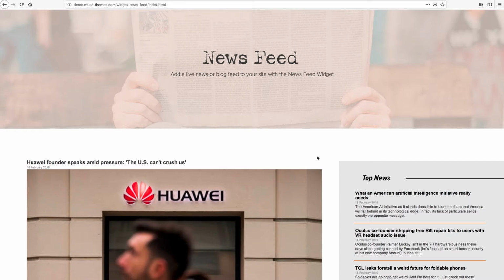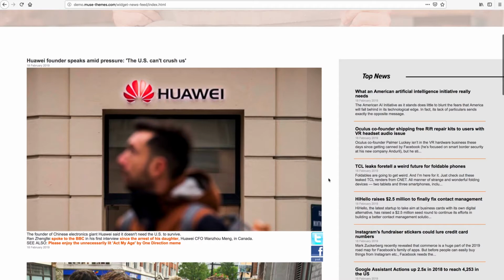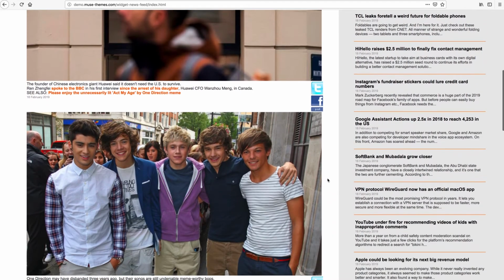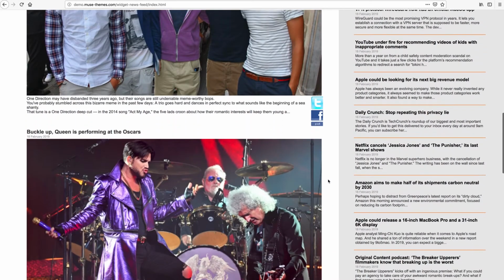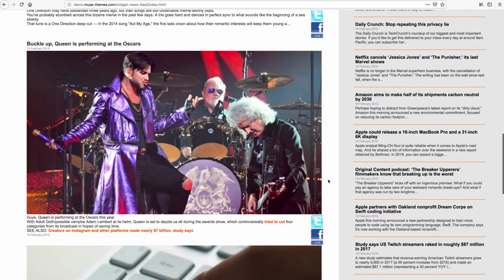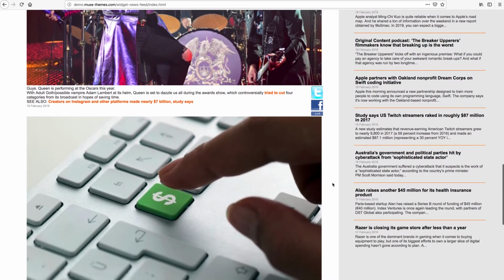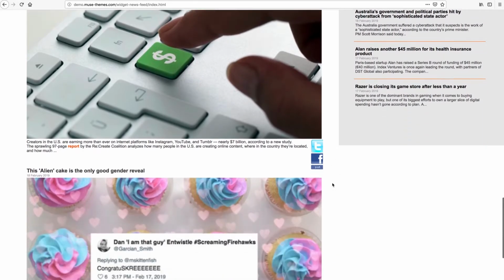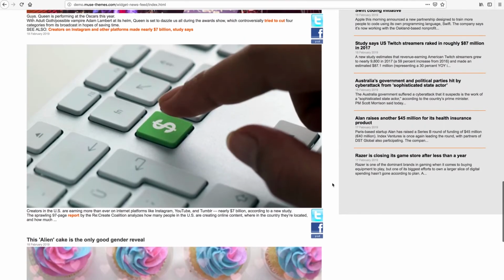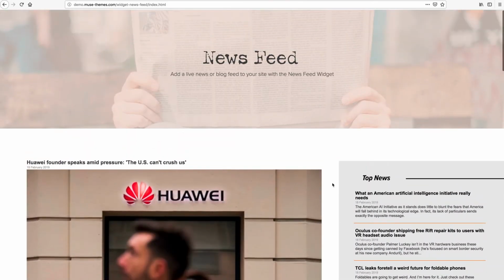Now, like the name suggests, our newsfeed widget allows you to display a live news feed on your website. And this is not limited to any particular source or social media. You can display live feeds from external sites like news sources, blogs, social feeds, or even use it to display feeds of your own. A good example of this would be something like Tumblr or pretty much any other kind of blog. The widget is universal and does not require different versions of itself for various platforms, and can be